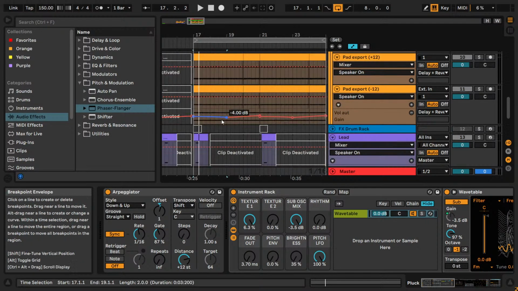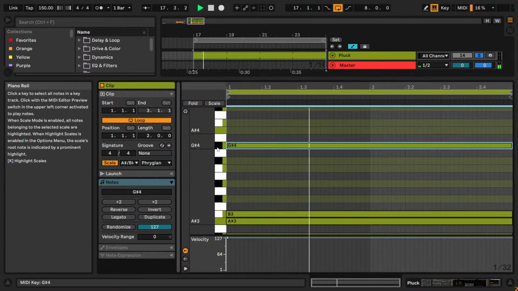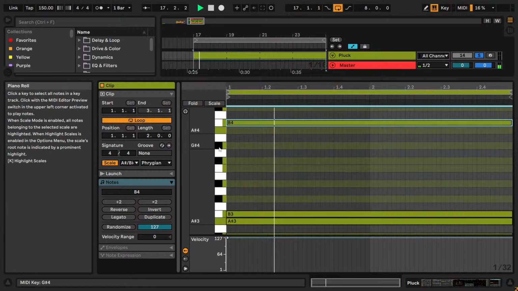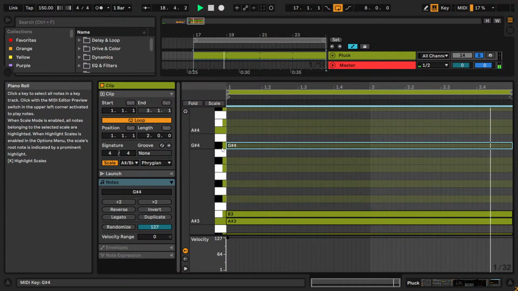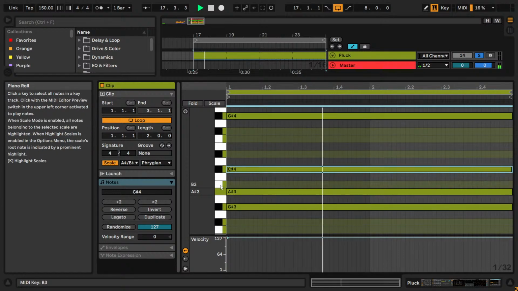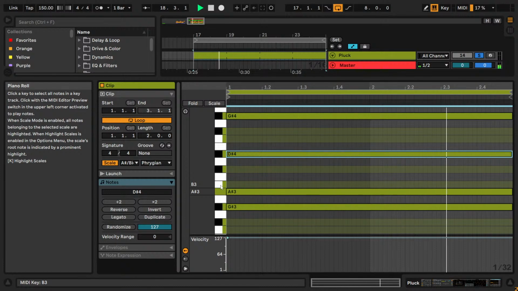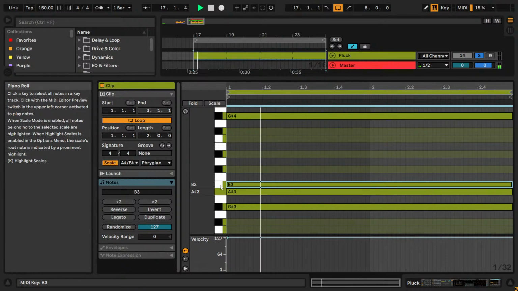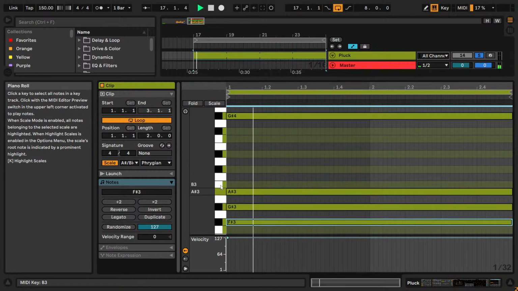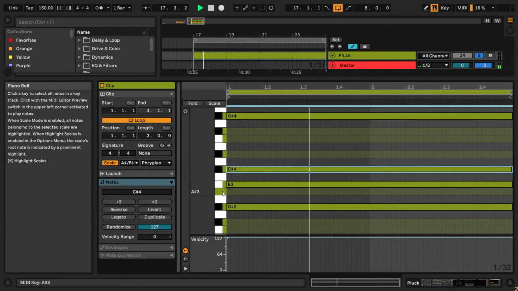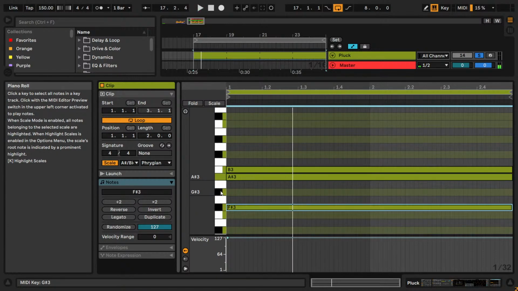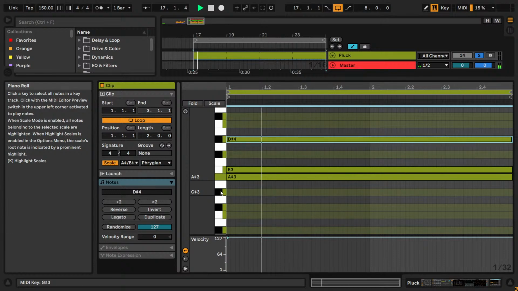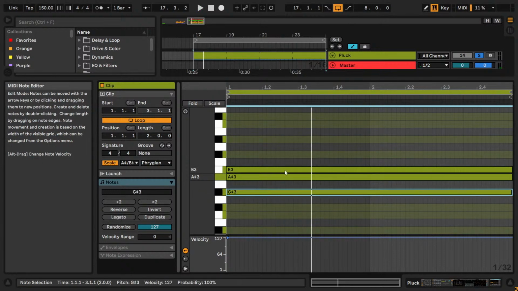Once more, I might want to check out the MIDI clip. Alright, the melody stays like that. Now the thing is,